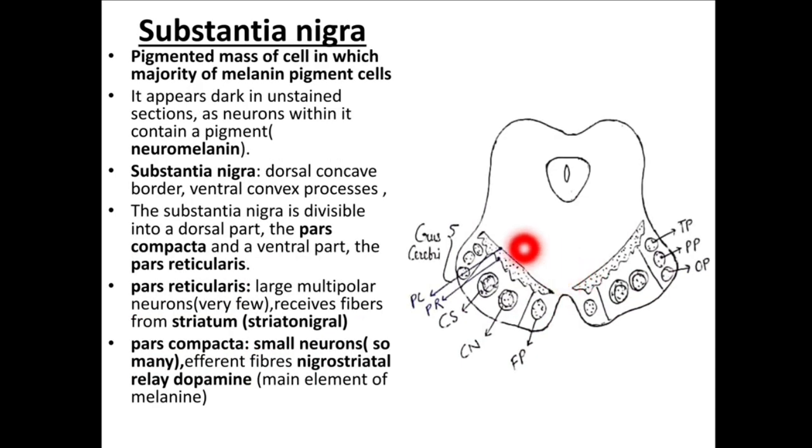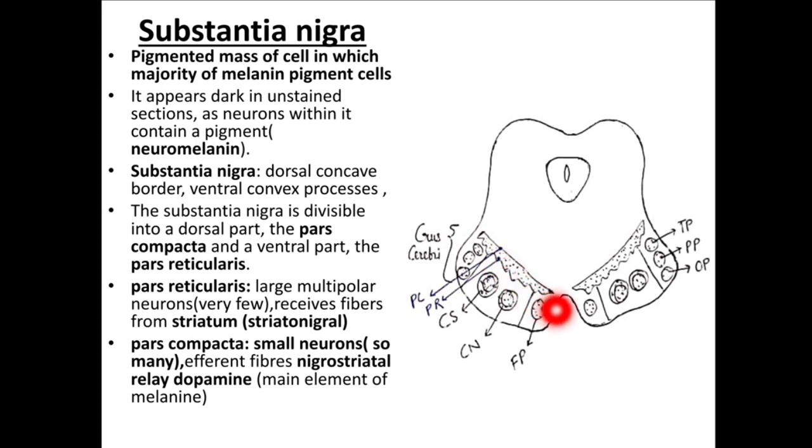Substantia nigra. What is substantia nigra? A pigmented mass of cells in which the majority of melanin pigment cells are found. It appears dark in unstained sections as neurons within it contain a pigment called neuromelanin. This substantia nigra, its dorsal margin is concave and its ventral margin is irregular,